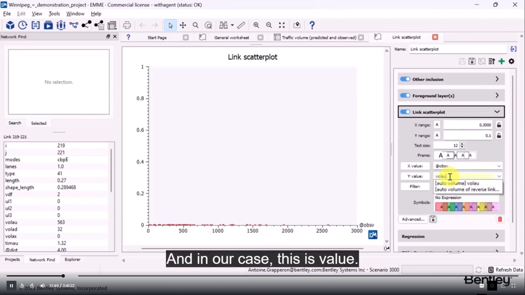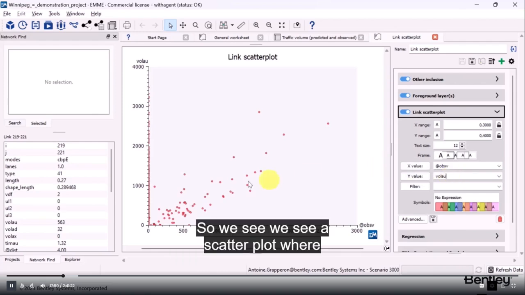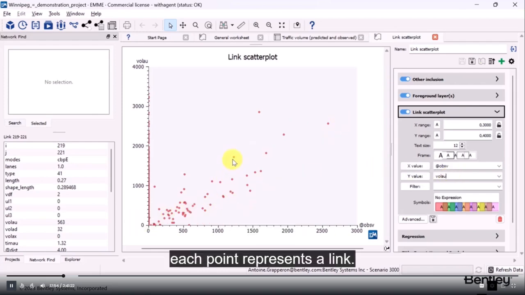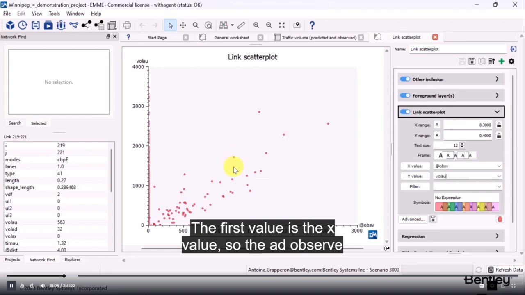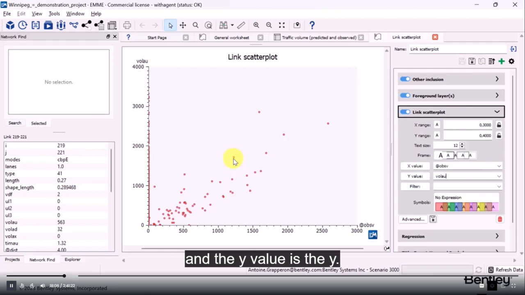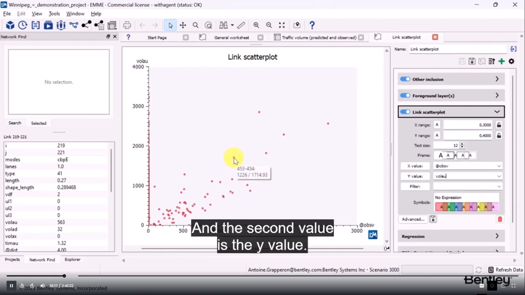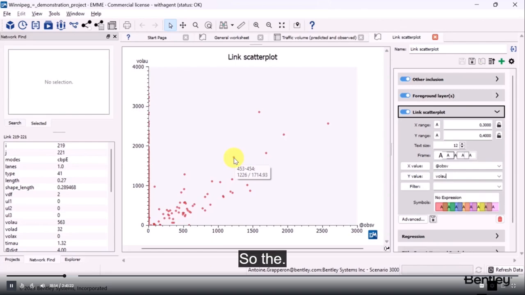And in our case, this is volume. So we see a scatter plot where each point represents a link. If you let your mouse over the link, you will have a tooltip with the link identifier. The first value is the X value, the @observe, and the second value is the Y value,